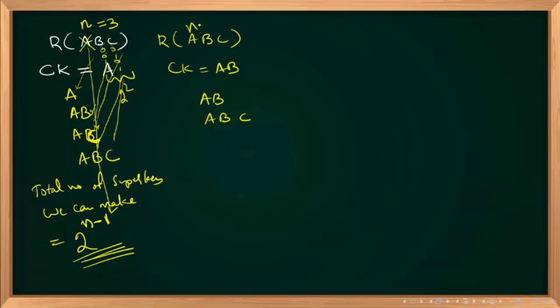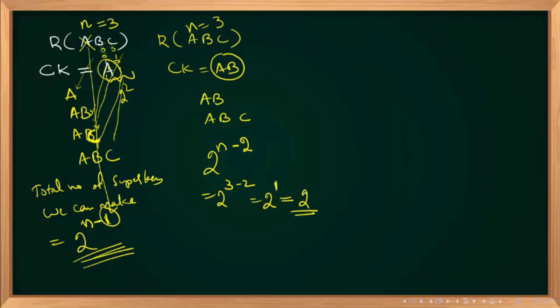What is that? N is equal to 3. What is that I have written? 2 power n minus 1. What is that 1? That 1 is how many attributes are there in your candidate key. 1 attribute. Now how many attributes are there in your candidate key? 2 attributes. So it will be 2 power n minus 2. So here n is 3, 2 power 3 minus 2, that is 2 power 1, and that is 2. And that is this answer, AB and ABC. Is it clear? Can I see some yes? Type yes. Okay, fine.